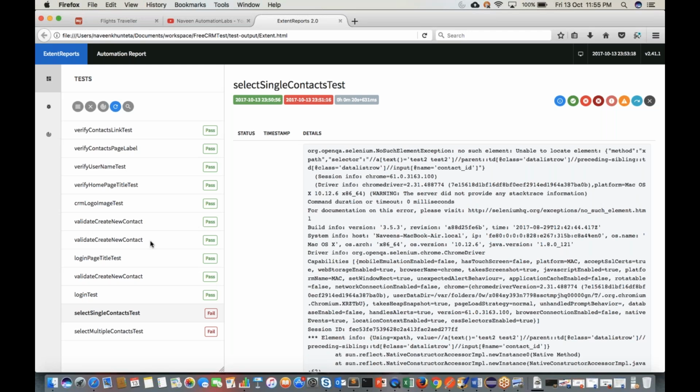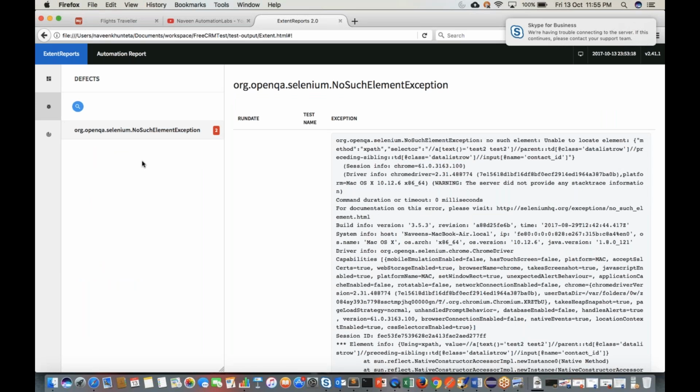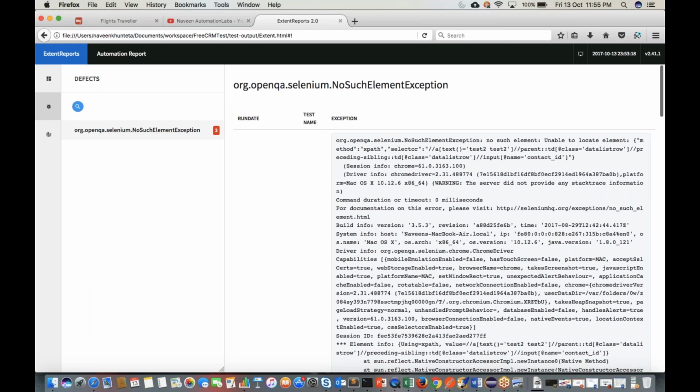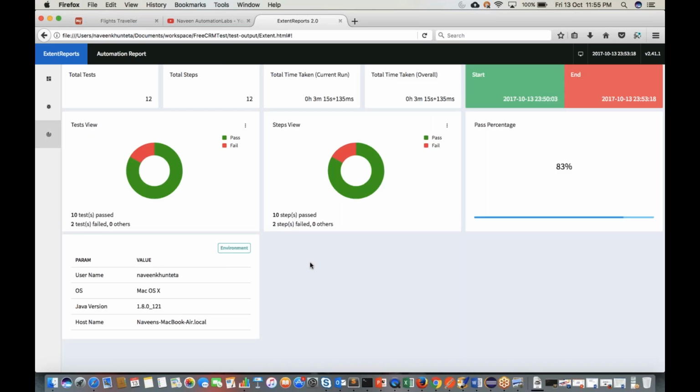with your manager. Another thing is that if you click on this, you will see total number of defects. So the defect section they have also added. Defect means the total number of failures. So two failures are there, and you can copy this thing and put it in your bug report, you can raise a bug directly from here. And if you see one more report like this, this is a pie chart